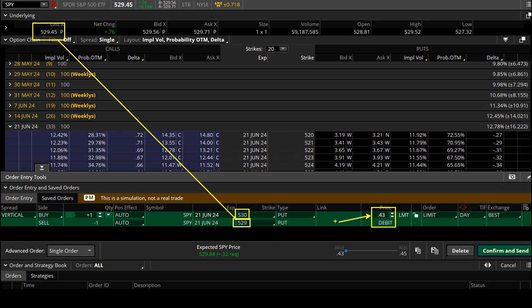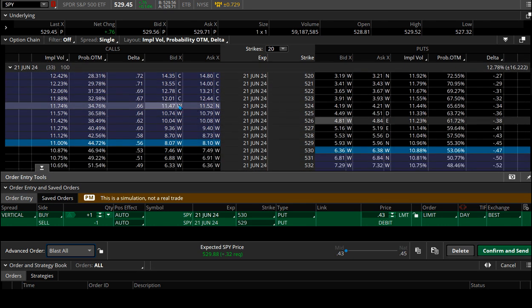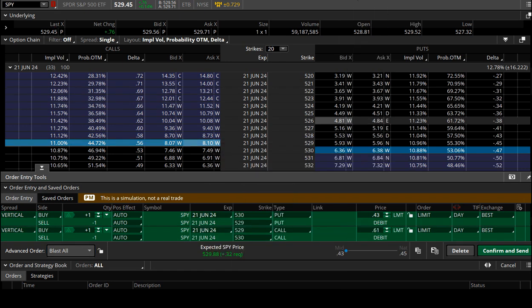The market is closed, but that's kind of what I'm looking for. So let's just do this blast all so we can look at them both at the same time. And when I buy the call vertical, I'm putting this between my two strikes, but I'm now buying the 529 and selling the 530. So I do that. I say buy vertical. This is the call side. And now you can see I'm buying the 529. I'm selling the 530, so the stock price is again right between my two strikes, which is just what I want. And this is going to cost me